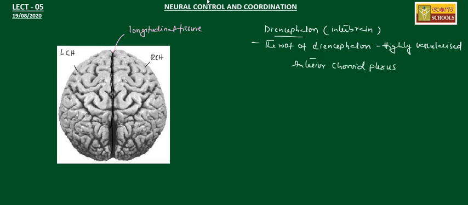So the roof of the diencephalon is highly vascularized, and that highly vascularized portion is this anterior choroid plexus, and it also has the